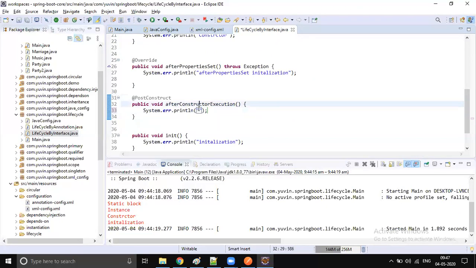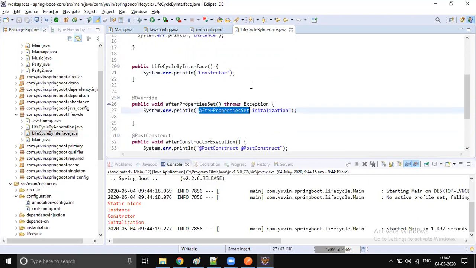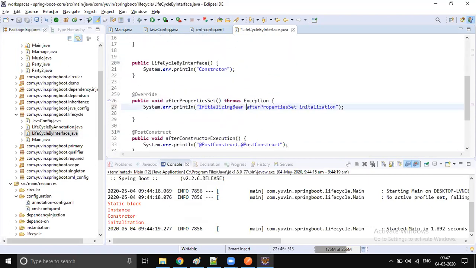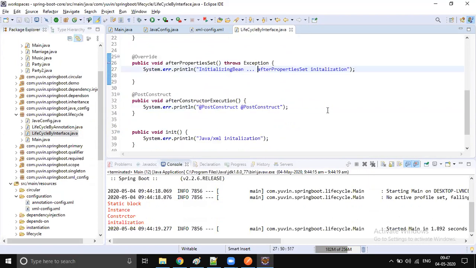I already wrote PostConstruct. Okay, Java or XML initialization. So this is afterPropertiesSet, which is the InitializingBean method. Okay, and this is PostConstruct and Java XML initialization.